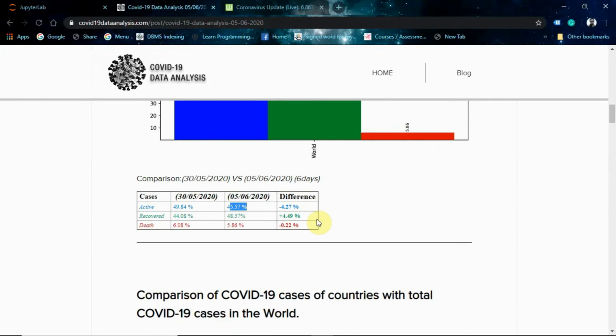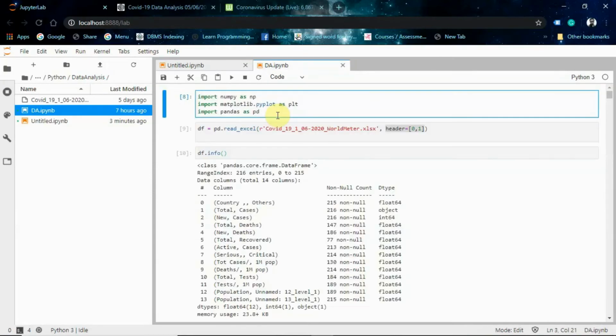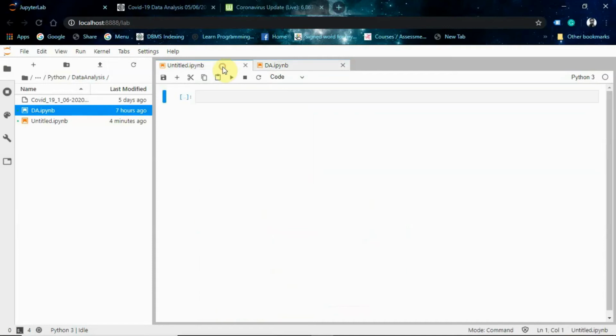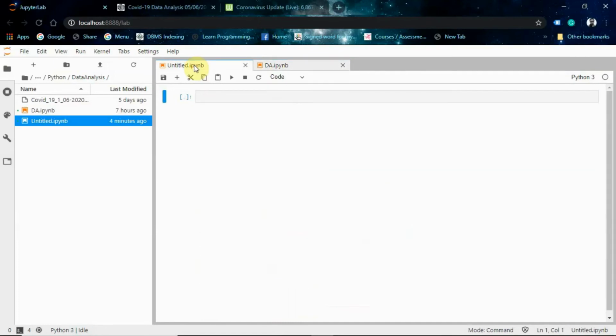From now I'm going to tell you how I did this, what is the code. I basically use Jupyter Notebook to do all my analytical stuff. It's a very beautiful and handy tool for data analysis, and a popular one too. This is the same code that I use to publish my data. I'm going to tell you from scratch what each line of code means, and if you want to know something about Jupyter Notebook, just mention it in the comments and I will make a short video.